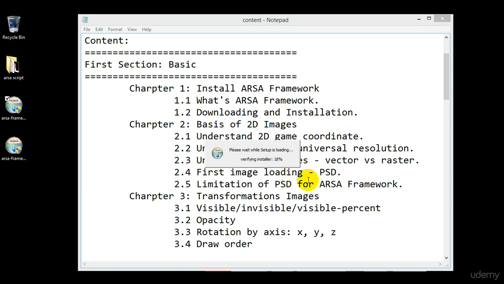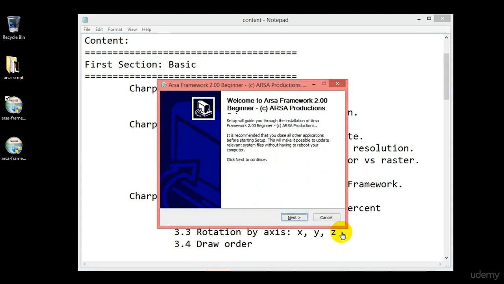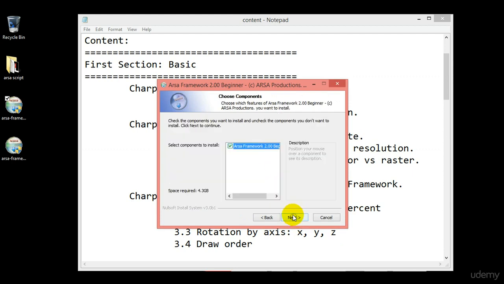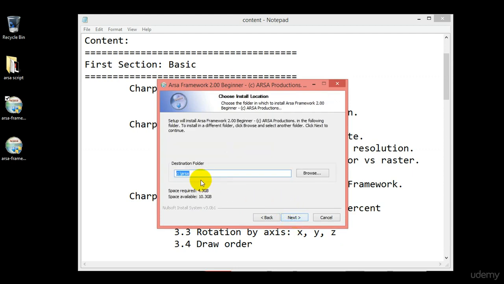The speed depends on your computer. Okay, welcome screen, ARSA Framework 2.0. Click next. I agree and next. For the destination folder I highly recommend c:/ARSA. If you want to install to another destination folder, you can do this. Write D drive, E, or whatever drive you want. But